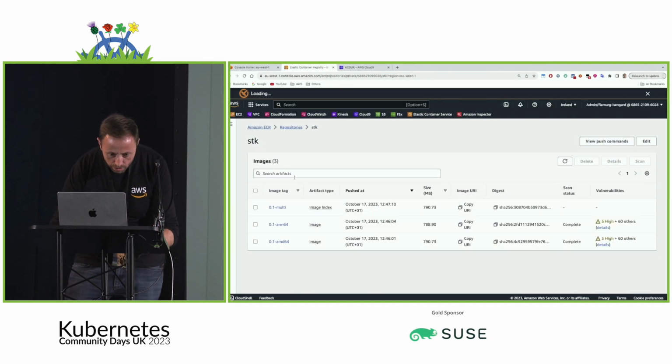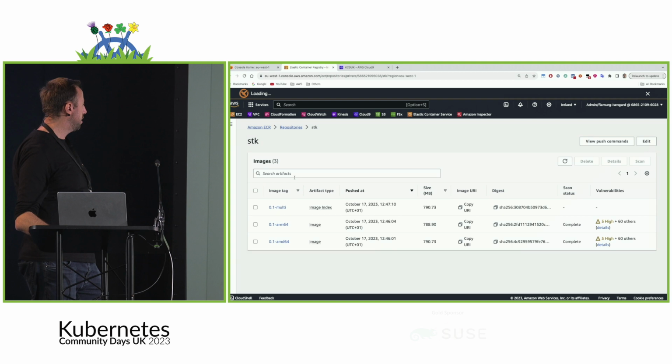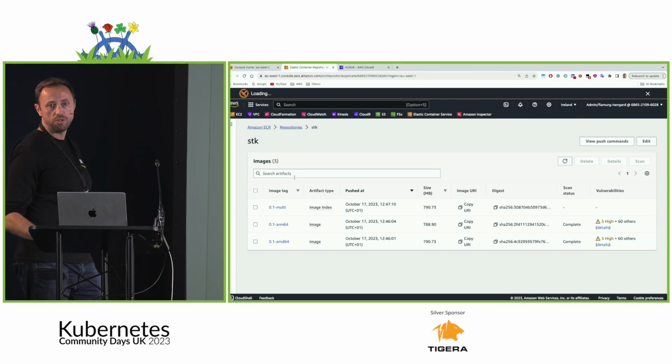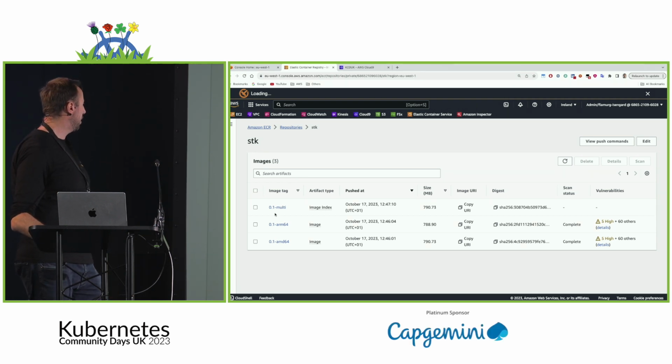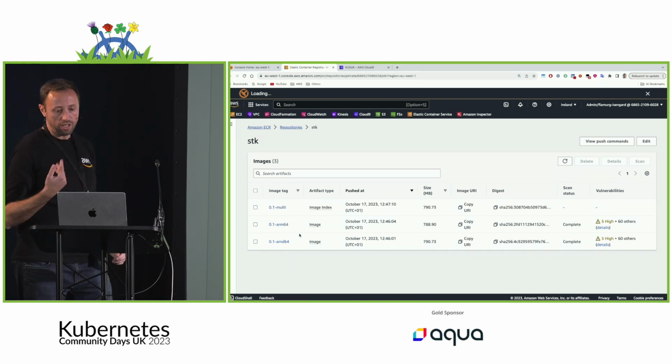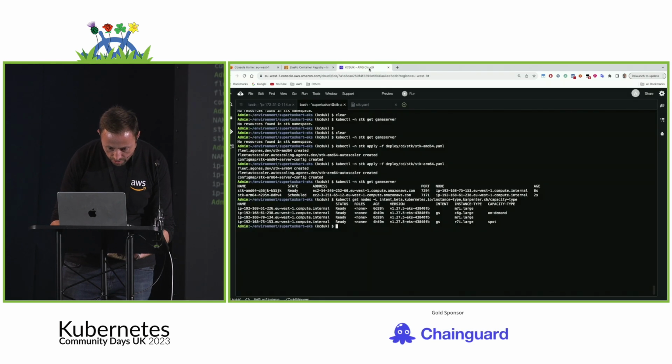I also wanted to show you the image that I built. We can also go into the pipeline if anyone's interested after the talk. Basically, this is a multi-architecture image index for the two different architecture images, and this all gets built out of the box. So with that,